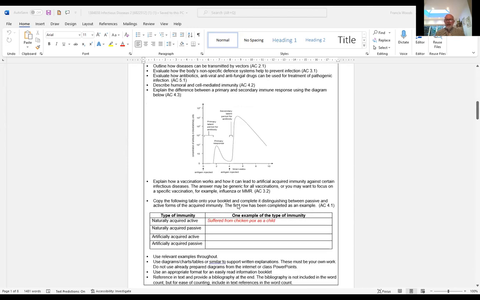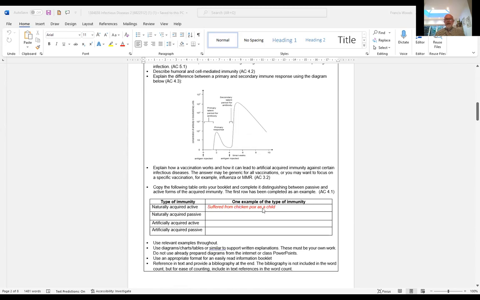Don't forget that I think it's on the 4th video, right at the very end, you will need to copy this table and fill it out. And I've now done that in the last set of PowerPoints, in number 4,